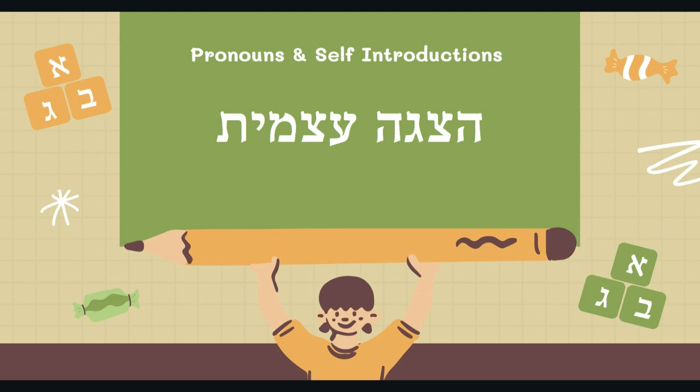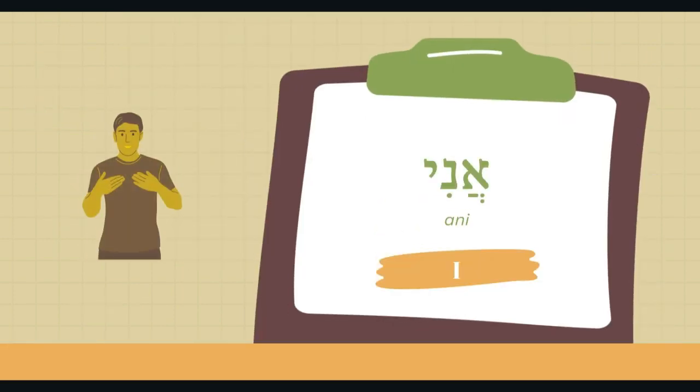Bon natchil, let's begin. Unlike English, Hebrew is not a dominating gender-neutral language. Both verbs and nouns have feminine and masculine attributes or forms. So we'll go over our first word, ani. The word ani means I. In this case, ani applies to both female and male because it is first person. So let's see how we can use ani in a sentence.